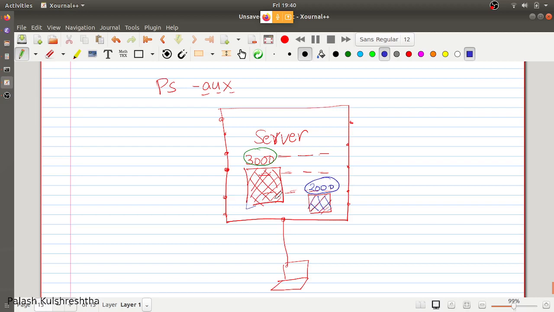So how this interaction happens is, let's take this is port 3000 and this is port 2000. These are basically mouths of the server, and let's take this application wants to interact with this application. So one of the ways in which this interaction can happen is this application is going to interact with it via this port.